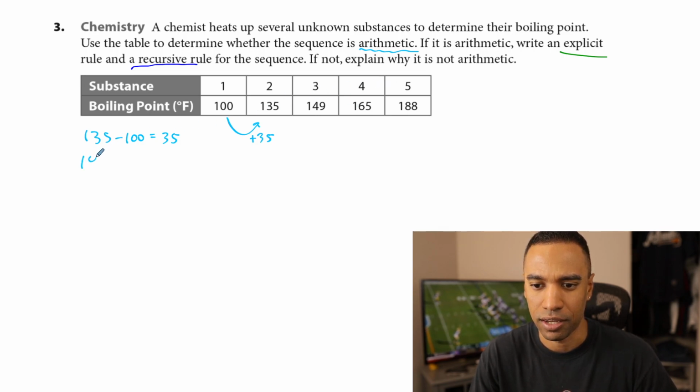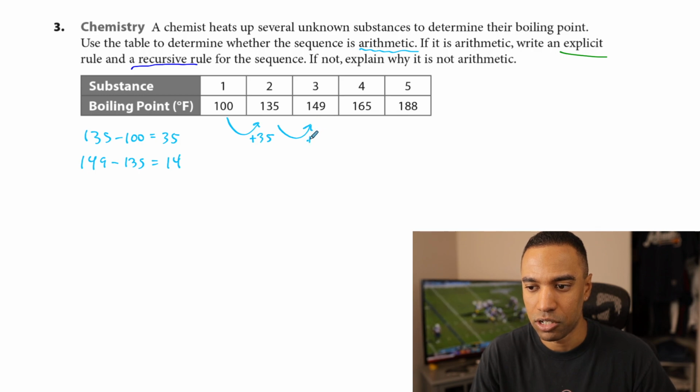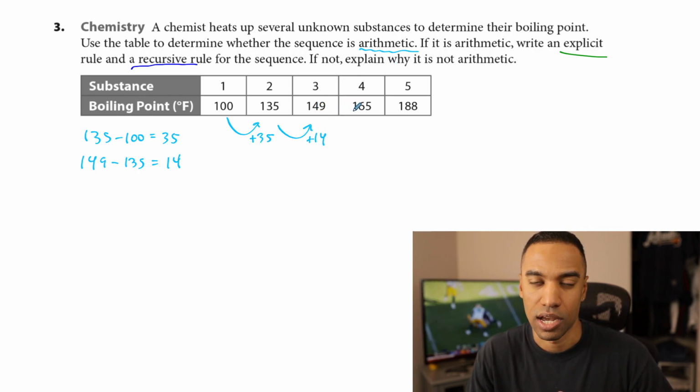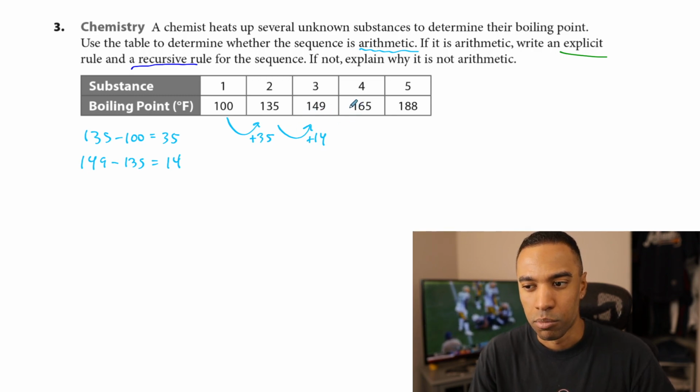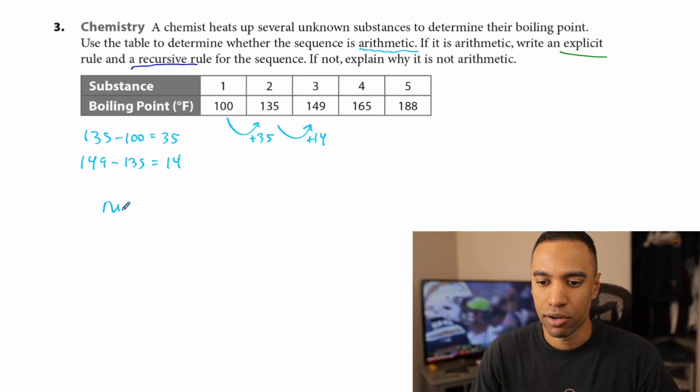Let me show it that way here. If I do 149 minus 135, looks like I'm going to get 14. Which, as we're just going from one value to the next, doesn't appear to be a common difference here. So already I can explain why it's not arithmetic in that sense. Moving forward, we could keep subtracting, and it doesn't look like we have a common difference here. So not arithmetic